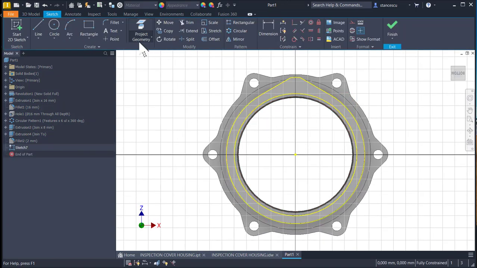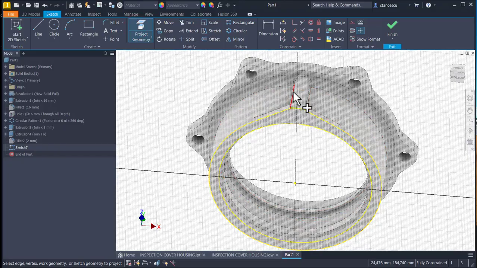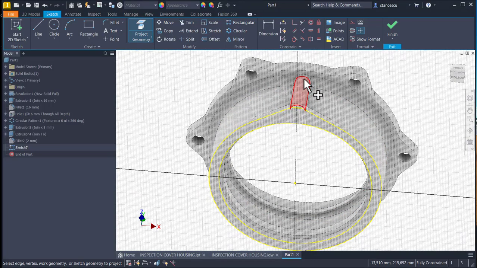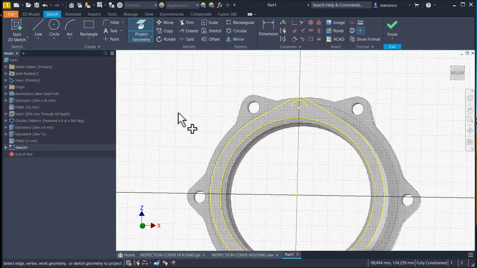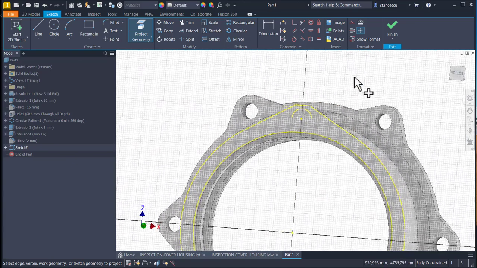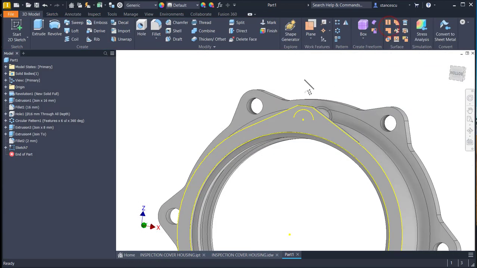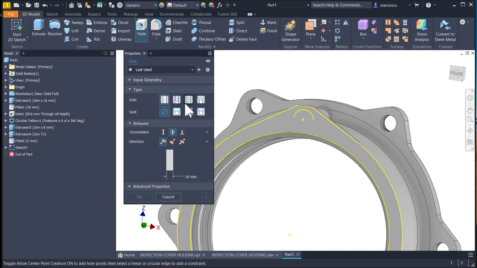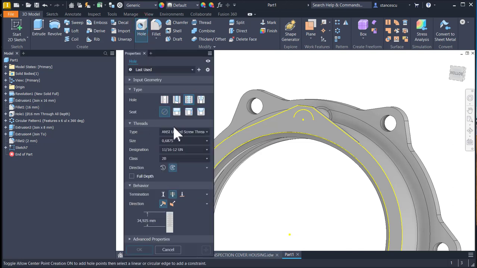I project this contour, and now I can apply that hole. Hole, metric 12, isometric profile, 12,